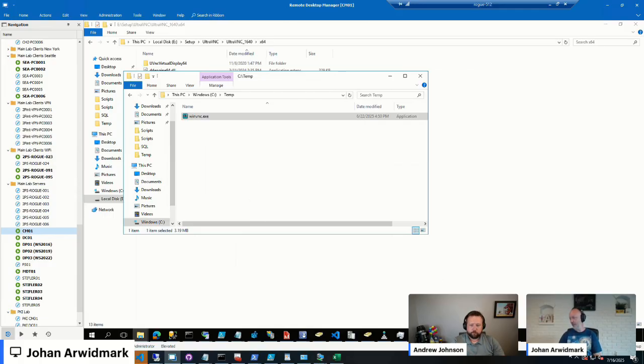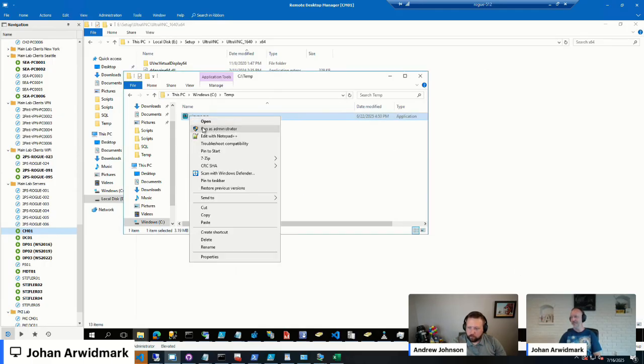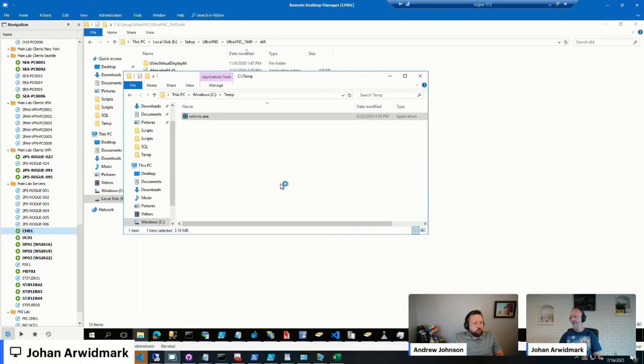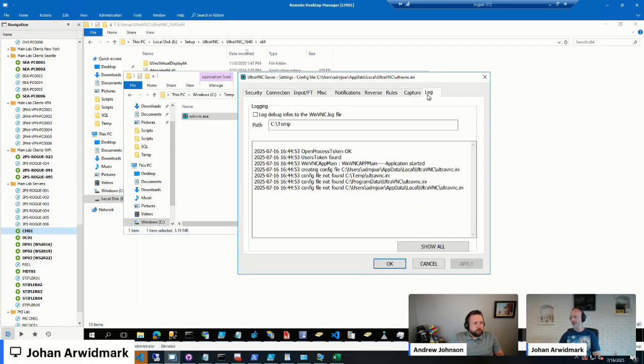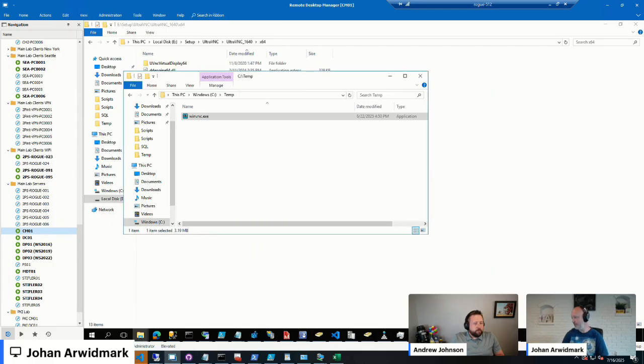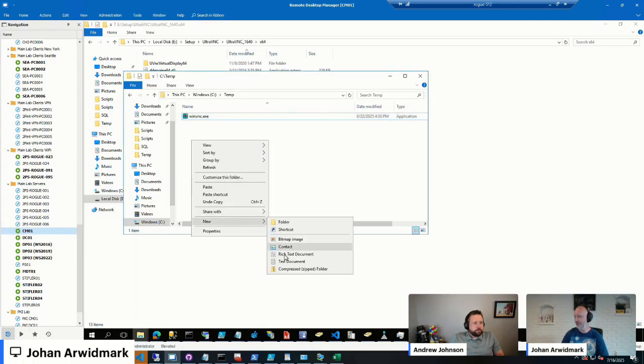Even if I check the log file, it says that an init file was created. So if I open this one again, I go to the log, you can see that it created a config file. There is no config file. By default, it creates it in the registry instead. So to trick it into not storing it in the registry, you need to create an init file yourself. So you create an init file,